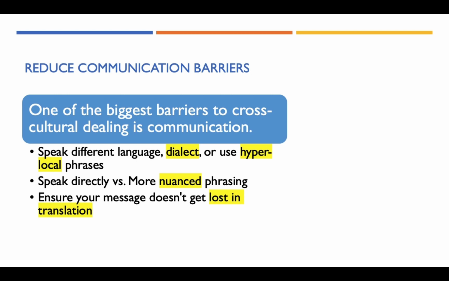One of the biggest barriers to cross-cultural business dealings is communication. Your business stakeholders may speak a different language or dialect or use hyper-local phrases with which you aren't familiar. Even though English is used as the international language of business, people have different levels of fluency. In some parts of the world, speaking directly and plainly is common in business. In other parts, more nuanced phrasing is seen as proper business behavior. As a result, it's critical to understand the way your business stakeholders communicate so you can ensure your message doesn't